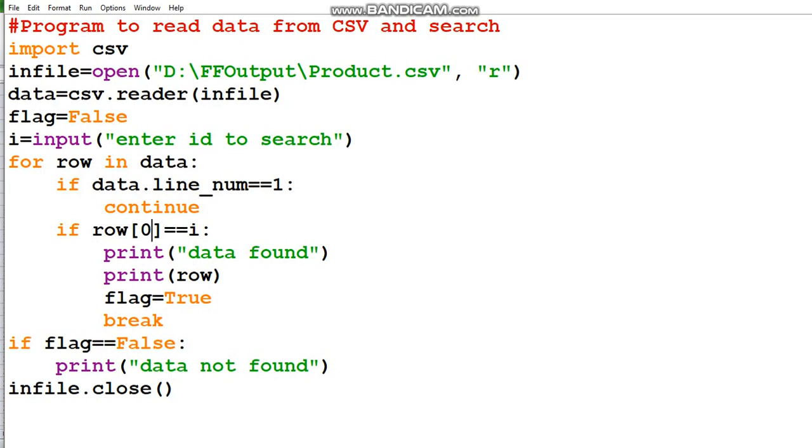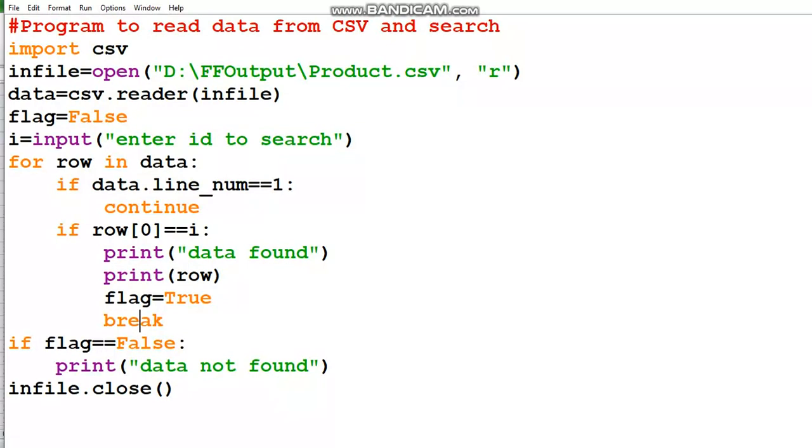If the ID is matched, because the ID is at the 0th index in product.csv, and I is the variable where I am accepting the ID from the user, a message will come, data found, and the row record stored in this variable will be printed. And flag is just a simple variable which is initially false. If the record is found, it will turn to true and the loop will terminate, because we expect the ID to be unique, so further searching is not required. So the break keyword. If everything is successfully done, the record will be printed.